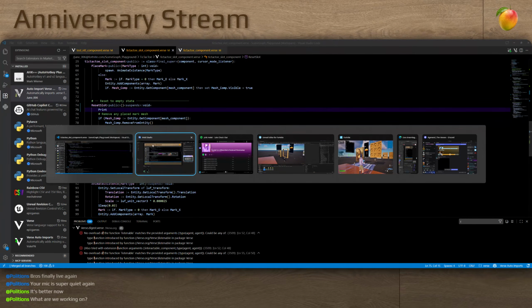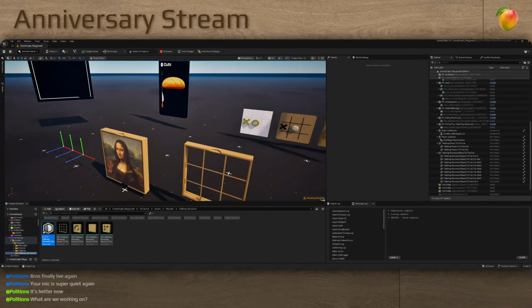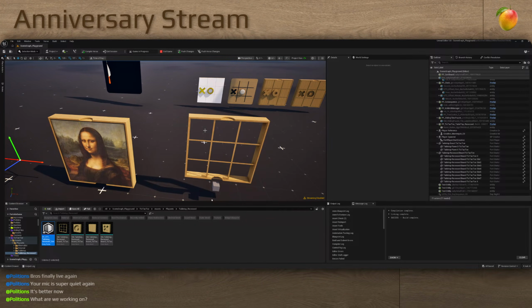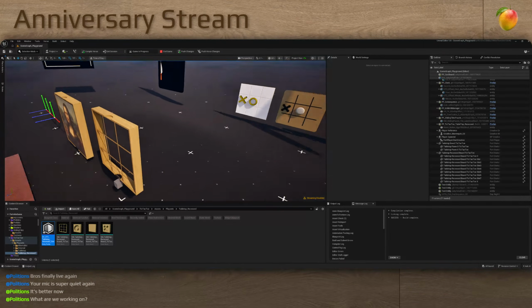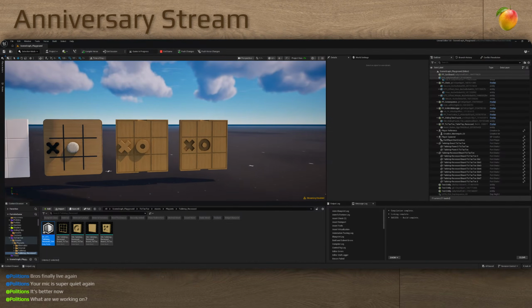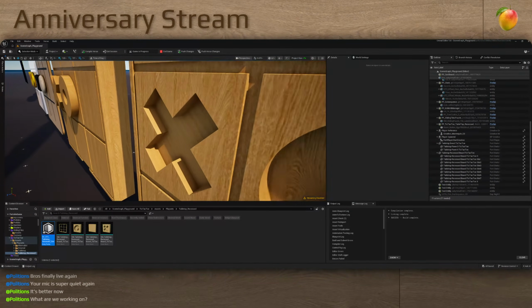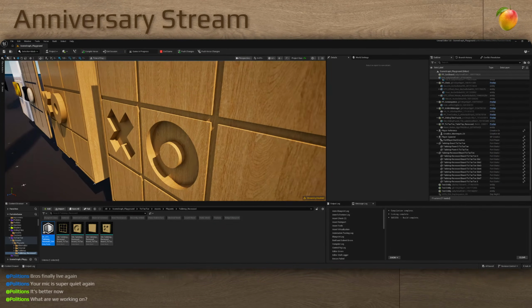They fixed the, okay, so before there was a problem where if you added a mesh component to an entity, took it off and tried to add another one, it just wouldn't work. And they fixed that. So my tic-tac-toe works now. But I want to make this version of it where the pieces go into the board. So I need to